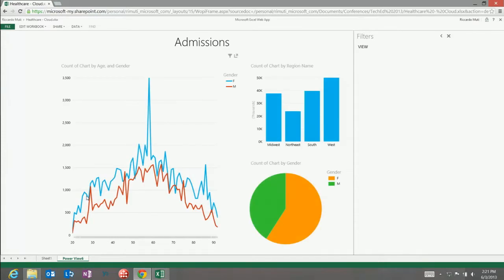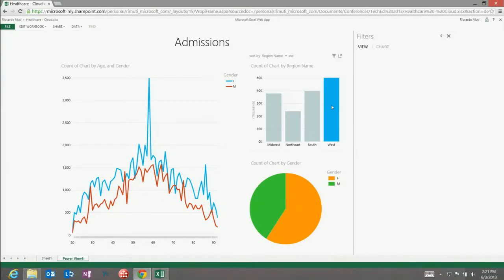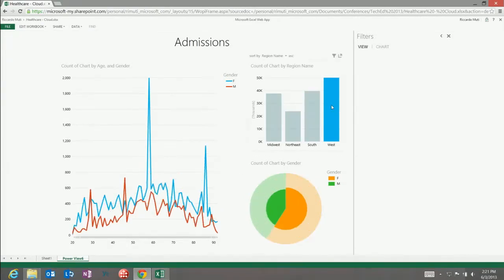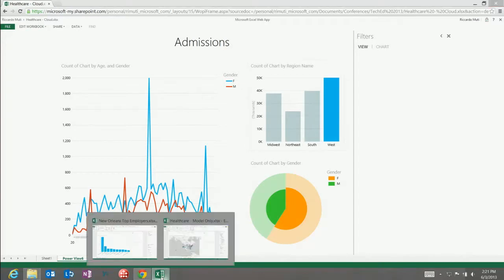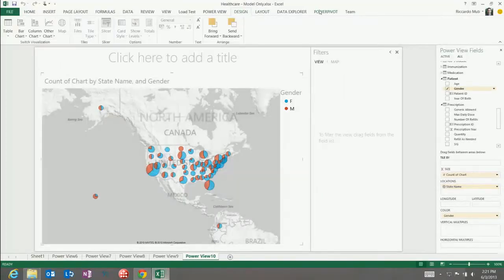So here we go. Here we got an Excel workbook in Excel web app in Office 365, and I still have the same interactivity. So I can click on this and get the cool cross-filtering and cross-highlighting. Okay. So one more thing, if I can just take a couple minutes to show you really quickly, is some of the modeling. So here, if I go and open up the model for this report,